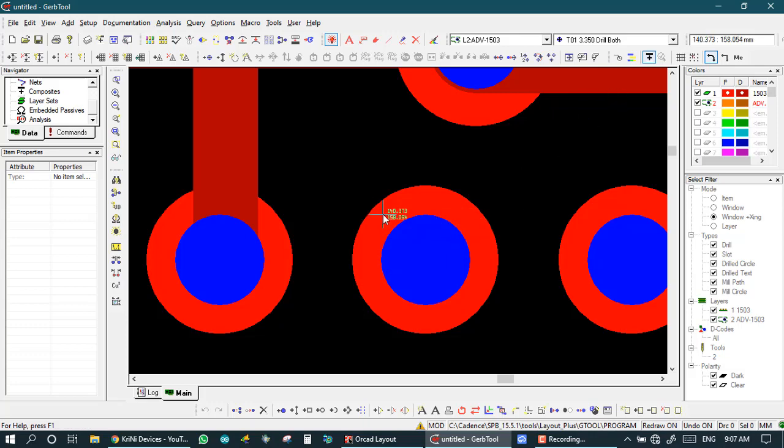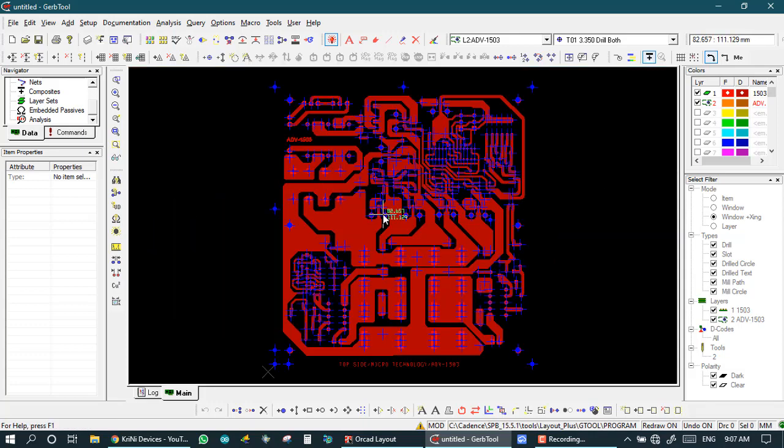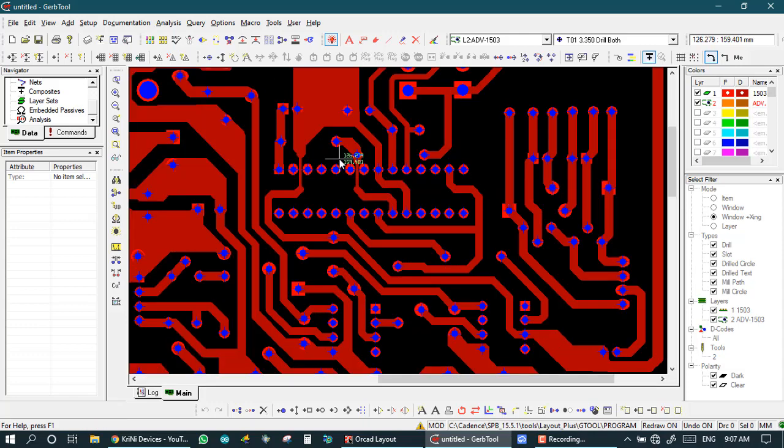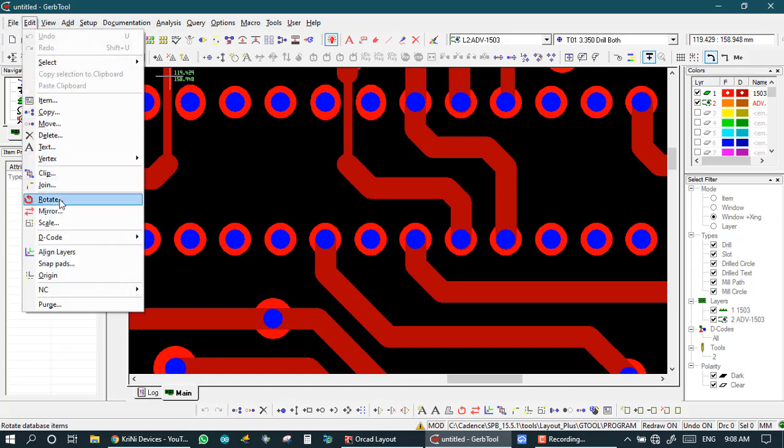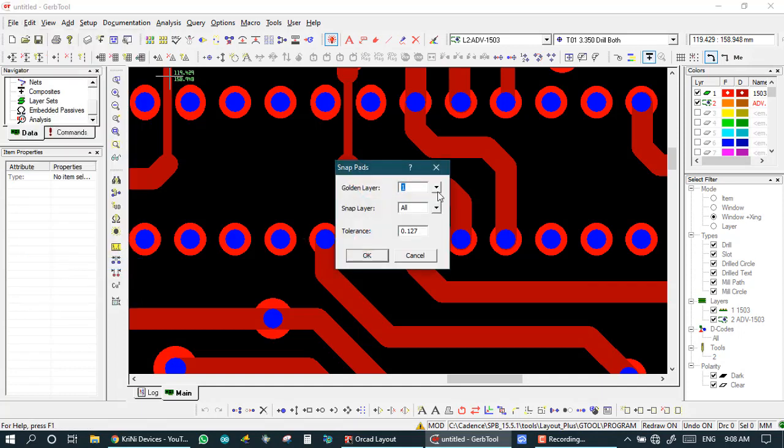Here Control R. If it is not in the flash center, then we have one automatic option to center it. So go in Edit and Snap pad. We set one golden layer as the reference layer, so I set layer 1, and the snap layer is our NC layer, and we take the tolerance, by default 1 to 7, so we say OK.